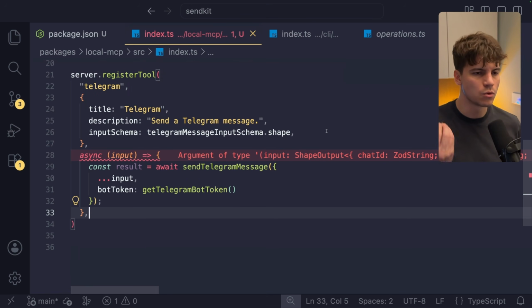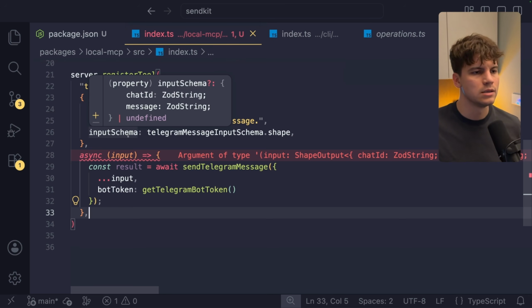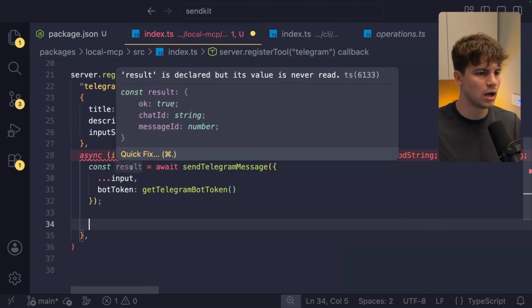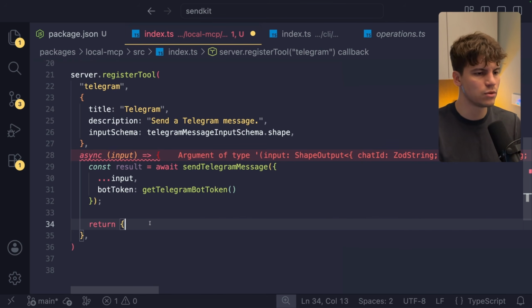You can see that agents really like using Zod because it's so easy to validate the arguments and say explicit and very specific messages about which arguments are incorrect so the agent can correct themselves. That's why Zod is so great to use. That's why I had that separate lesson of separating everything into a core package, which is then reusable across all of our other packages. What we have to do after we obtain the result, which you can hover over to see what it looks like, so we get the chat ID and the message ID,